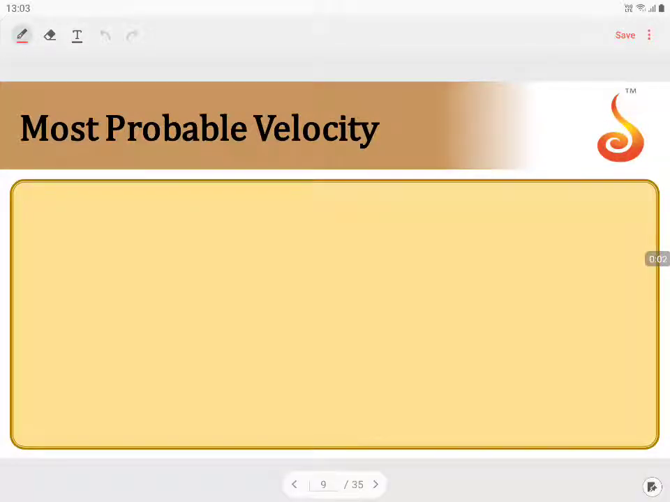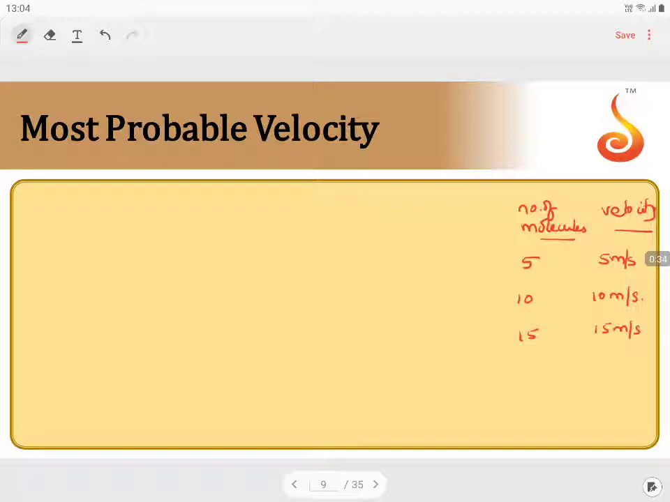Let us imagine the velocity possessed. Let us say number of molecules over here, and corresponding velocity. If I say there are two columns, there are 5 molecules possessing 5 meter per second, 10 molecules possessing 10 meter per second. Okay, then 15 molecules possessing 15 meter per second,